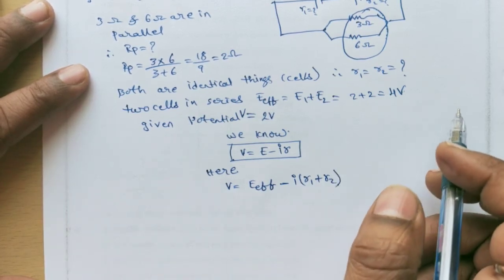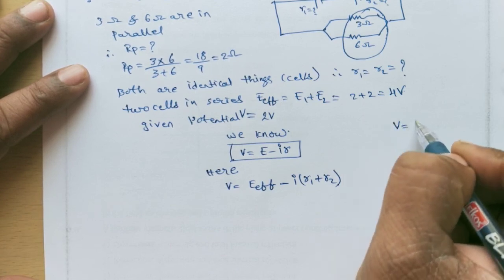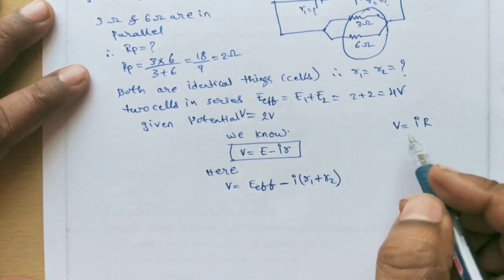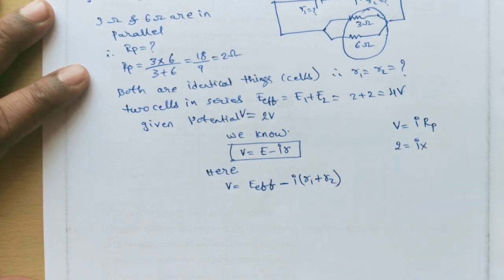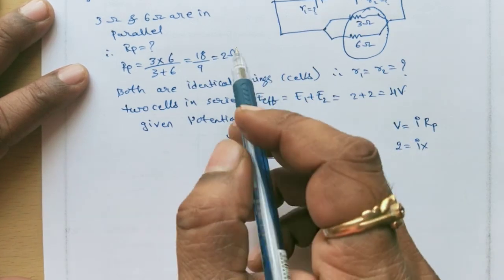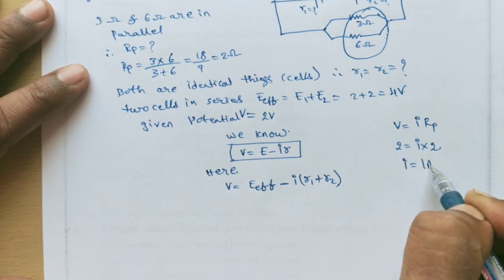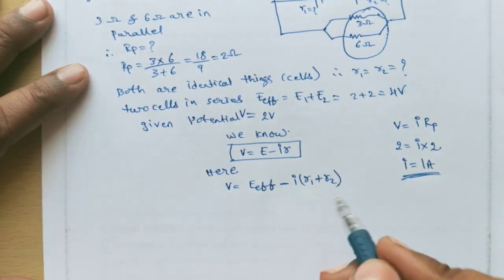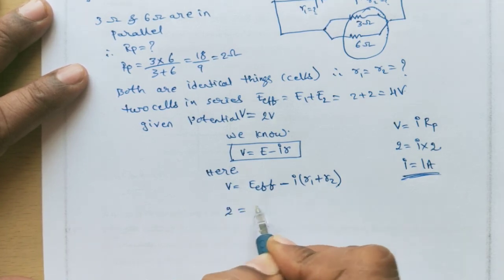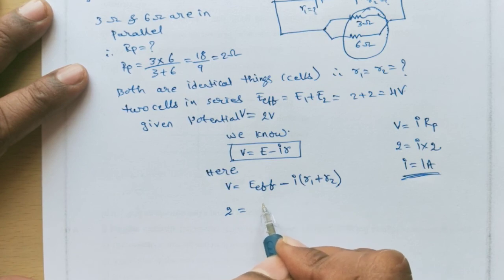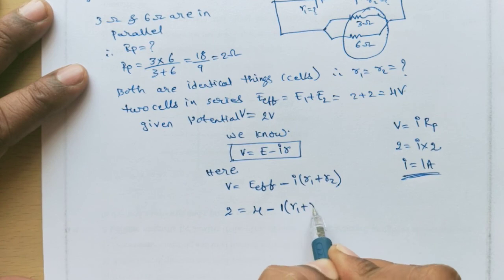So first how to find here I value? So already potential is given na, so then V is equal to IR condition we can represent. Okay, that is here RP, V value is 2, this is I into RP value is equal to how much here calculated? That RP value is equal to 2 ohms is calculated. So this one is 2, therefore I is equal to 1 ampere, we find it. So once observe students, here V is equal to, just I am taken as 2 is equal to E effective is equal to also how much is present? 4 minus I value is 1, here R1 plus R2.